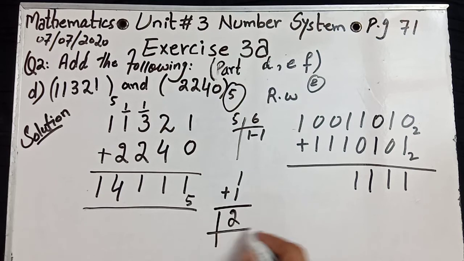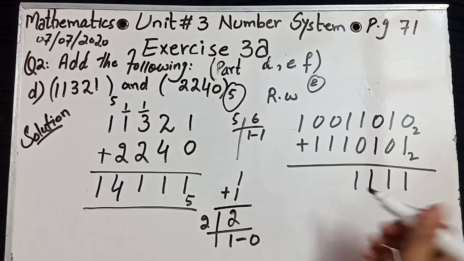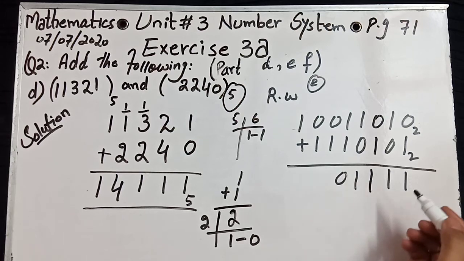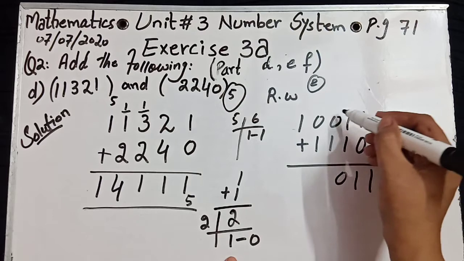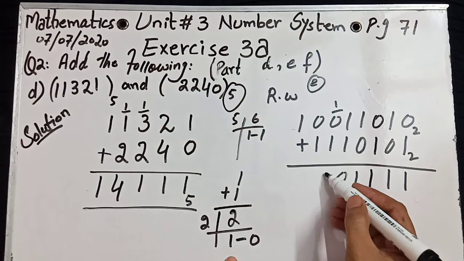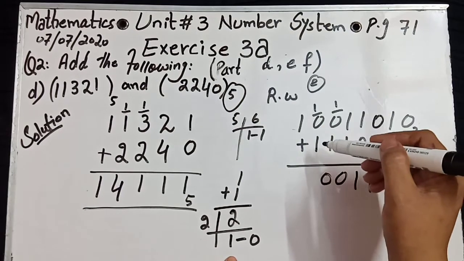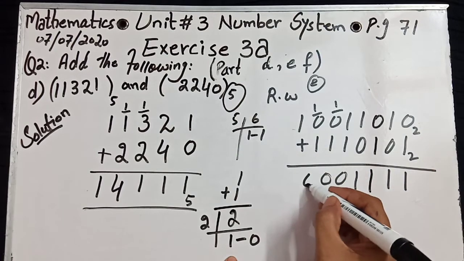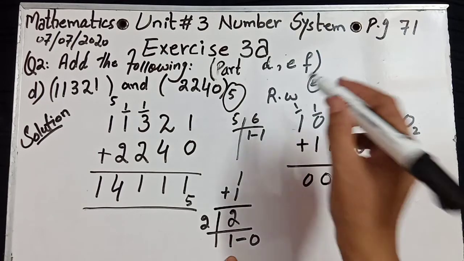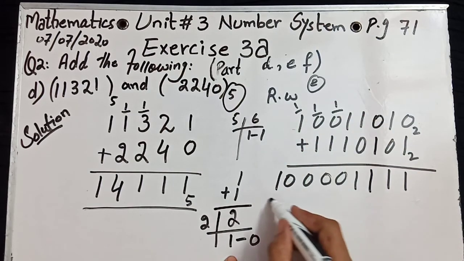This 2 we convert into the base 2 system. 2 ones are 2, 0 is left. It means 2 times 1 in base 2 system is 10. 0, 1 carry. Again 2 times 1 equals 10, 0, 1 carry. Again 2 times 1 is equal to 10, 0, 1 carry. 2 times 1 equals 10. Okay.